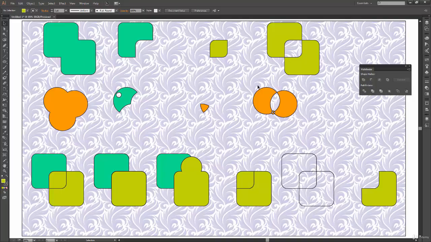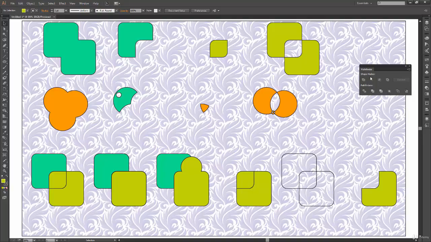Again, you can go ahead and try all these Pathfinder and shape mode options by yourself, and you'll be able to understand them better. Now the next thing is applying this kind of operation on multiple shapes, or if we have more than two shapes, then how Pathfinders will work. So I'm not going to cover that part now, because I think shape modes were more than enough to make you understand how it will work with multiple shapes, or if you have more than two shapes.